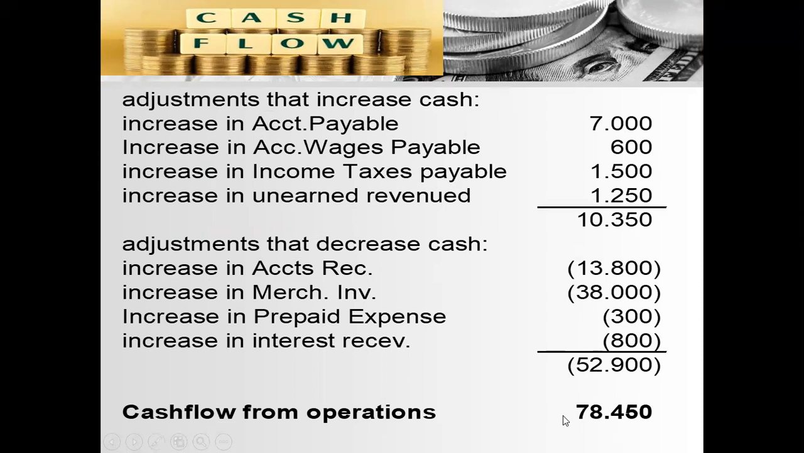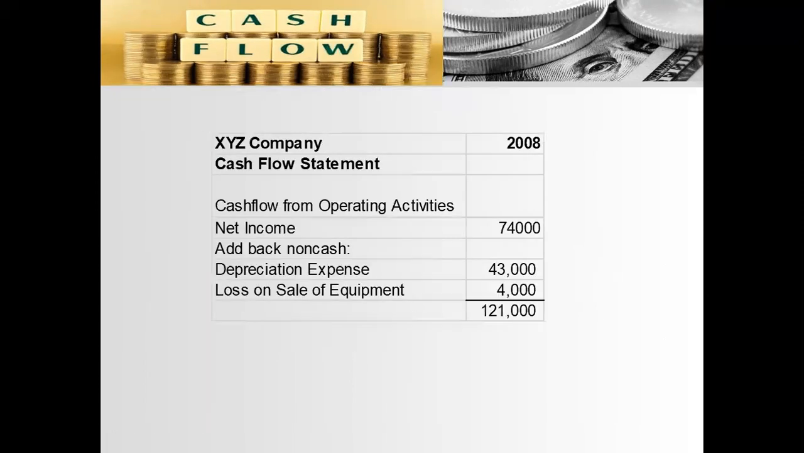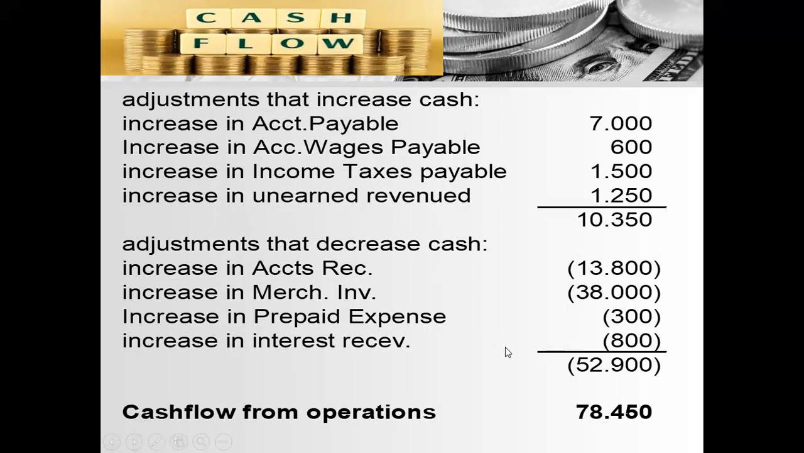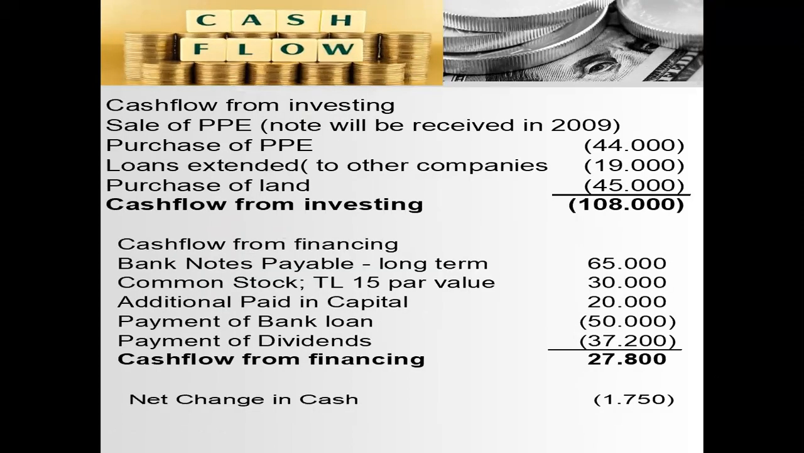So the total cash flow comes from the three components, so we have 52,900 and 10,350, adding to them what? Adding to them the 121. So we have here 121 plus 10,350 minus the 52,900. So we start our cash flow from operating with 78,450. So let's go to the second item, which is the buying of all the equipment and the machines and